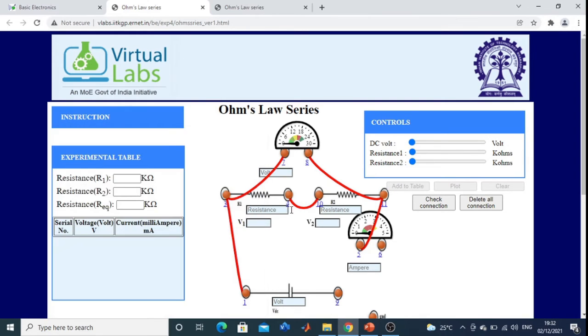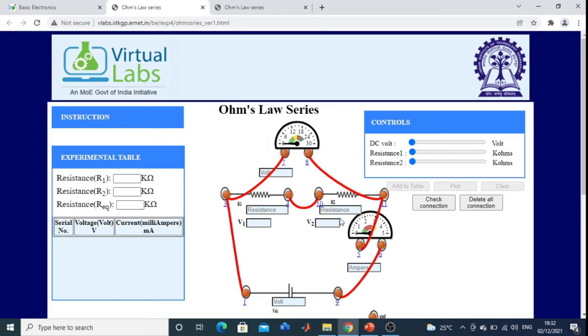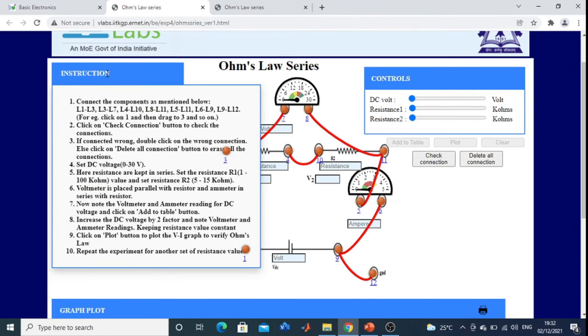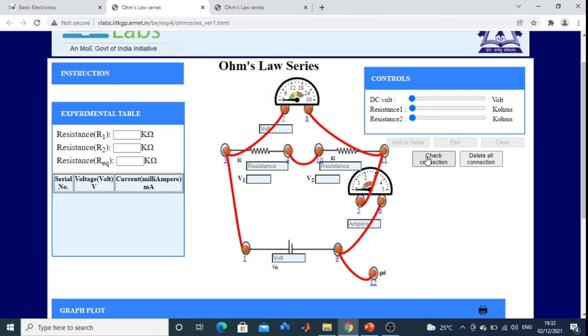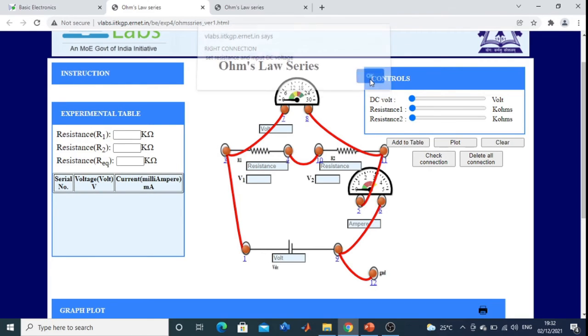L6 to L9, L9 to L12. Now according to the instruction, click on check connection button whether it is correct or not. Check connection, right connection. So okay.